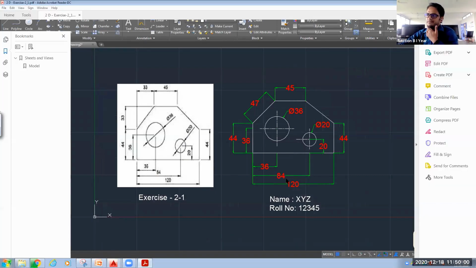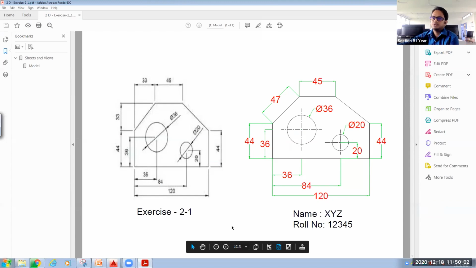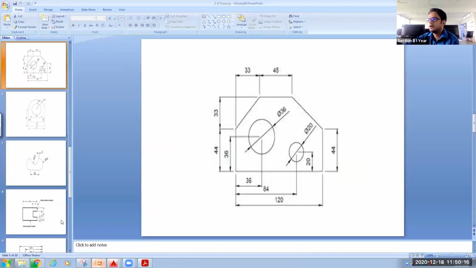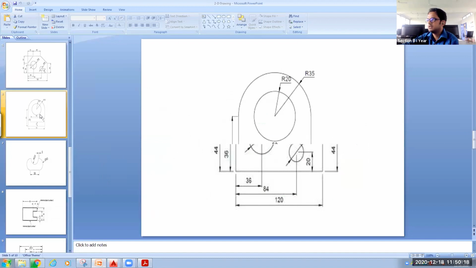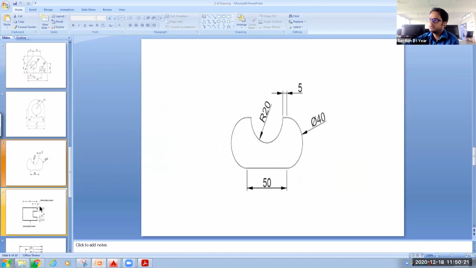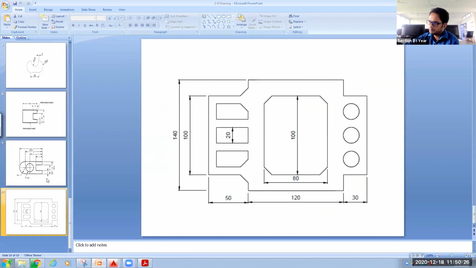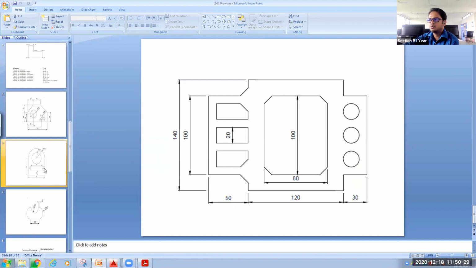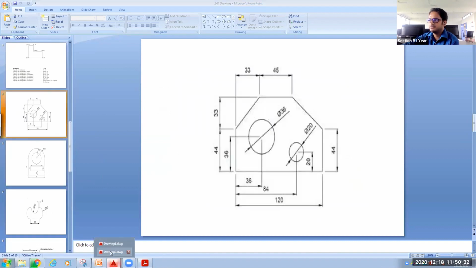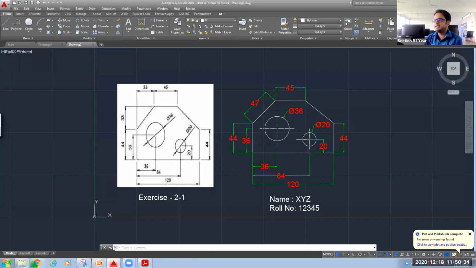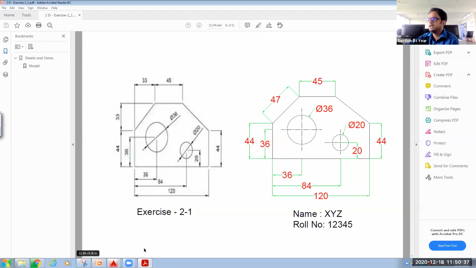Now automatically one PDF will be generated and it will be visible on your screen. So this is the exercise number 1, the first diagram. Like this you have in your syllabus 6 figures. Okay. I will show you those 6 figures. This is your first one. This is your second one, third one, fourth one, fifth, and this is your sixth. So one by one we will see all of them, how to draw. So the first exercise we have completed. If there is any doubt, you can ask me in any of the commands.